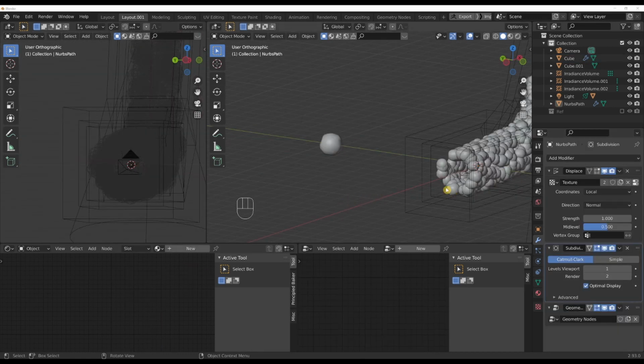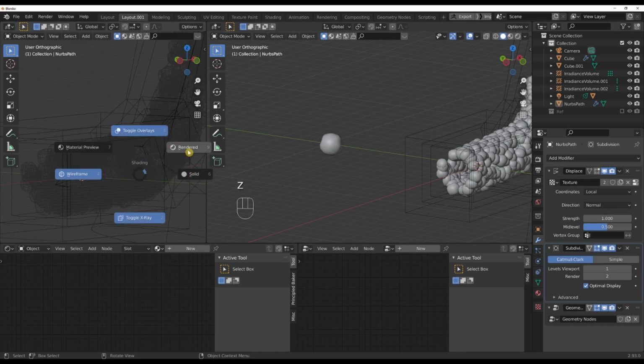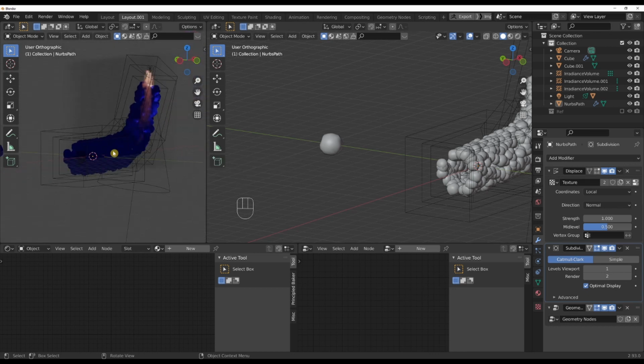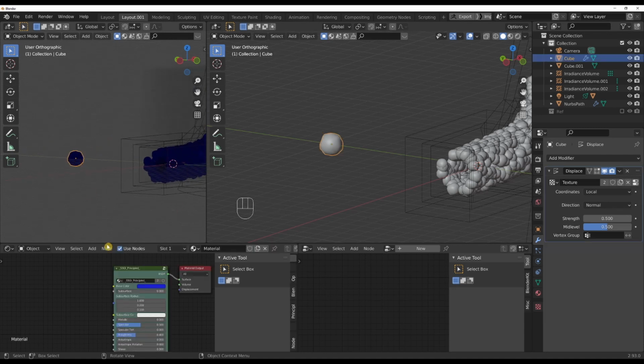So I basically realized that having the subdivision modifier beneath the geometry node modifier was causing some issues, so I just shifted it over top. It should take care of some of the chugging issues I was having earlier. So I'm just going to go back in the rendered view, select what's to be our cell again, and I'm going to actually create a new collection for it. Cells,